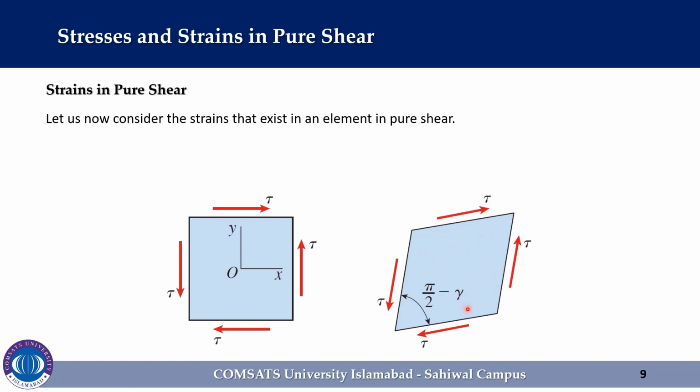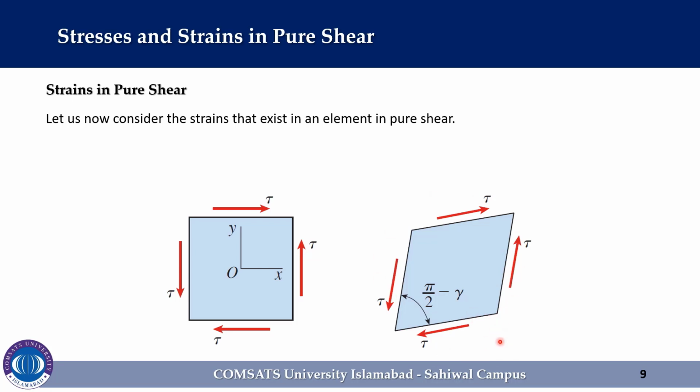However, the lengths of the sides of the element, including the thickness perpendicular to the plane of the paper, do not change when these shear deformations occur. Therefore, the element changes its shape from a rectangular shape to an oblique shape. This change in shape is called a shear distortion.